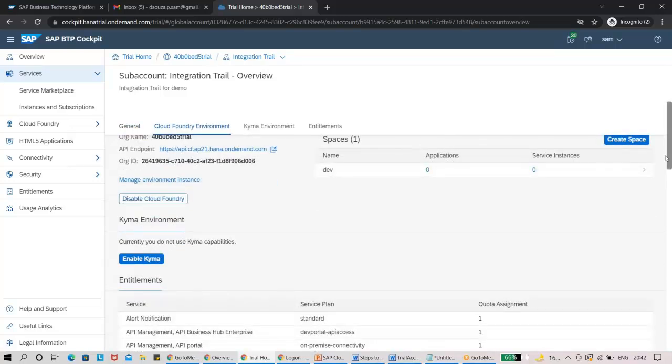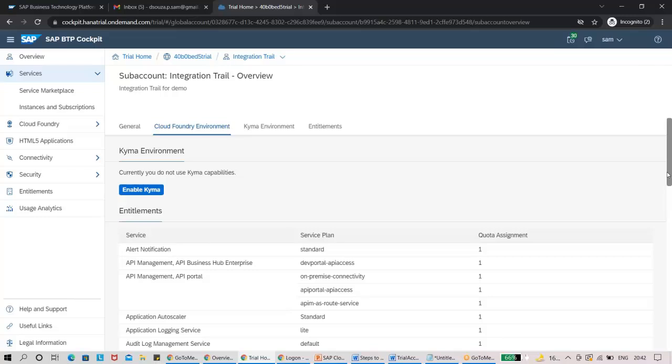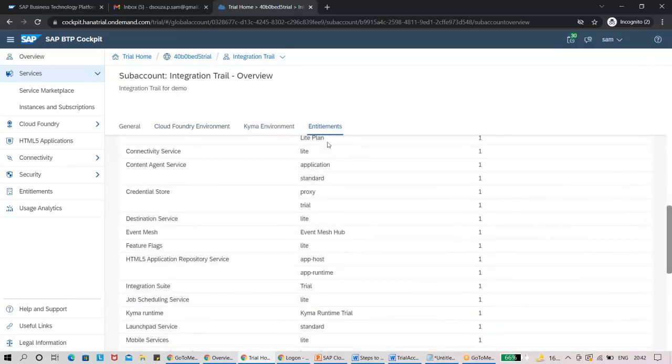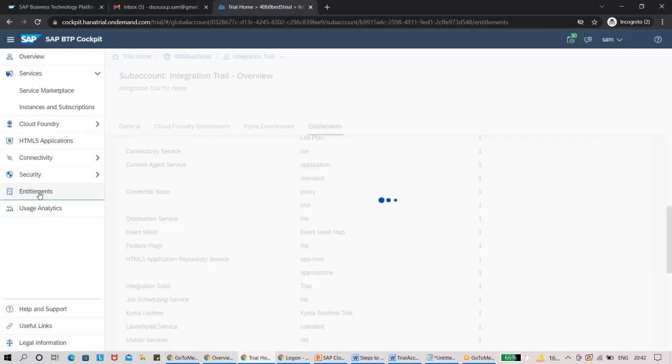This environment talks about schema. Again, I don't think we need schema here. Then last, it talks about your entitlements. When I say the word entitlement, it means the different services we can use in the free tier on this free trial. If I go to this entitlements part here,